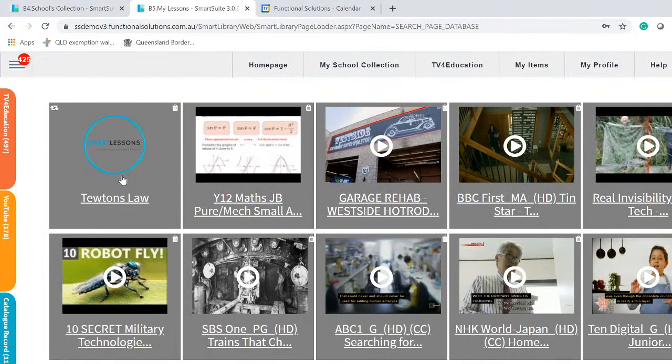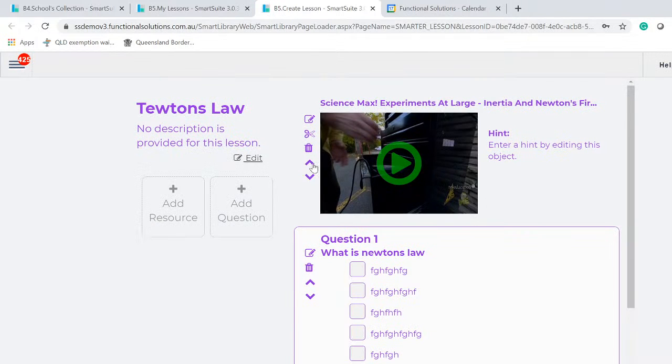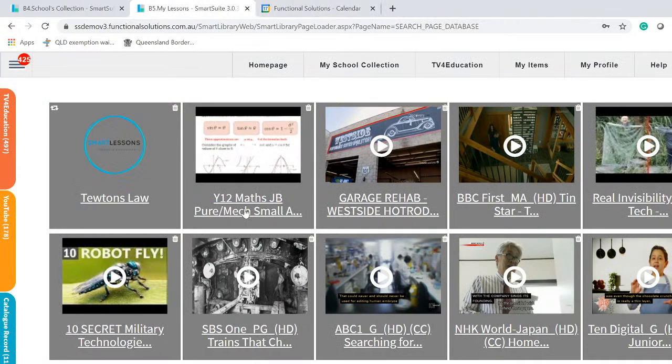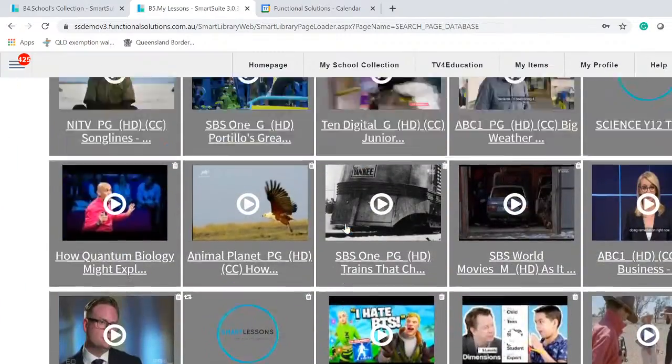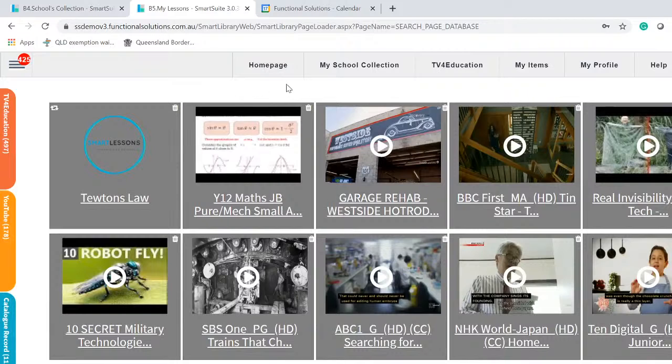Okay, so there's my lesson, Newton's Law. So when I click on that, okay, the lesson will come up over here and it'll show me that I've got a lesson called Newton's Law. If I've added videos, if I've added books, if I've added resources, they're all in here. And guess what? Your My Items is unlimited. So if you go ahead and put in 2 lessons or 22 lessons or 222 lessons or 2000 lessons, it really doesn't matter. You can add as many resources and lessons to the system,